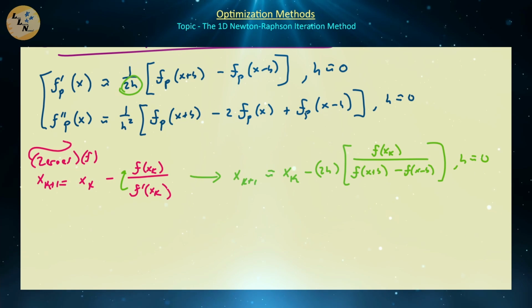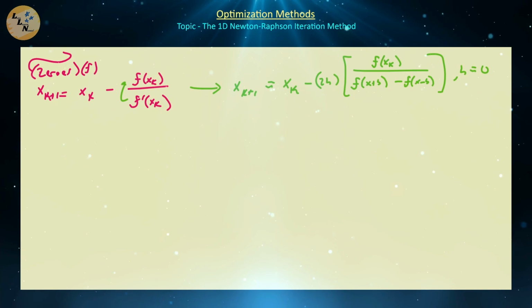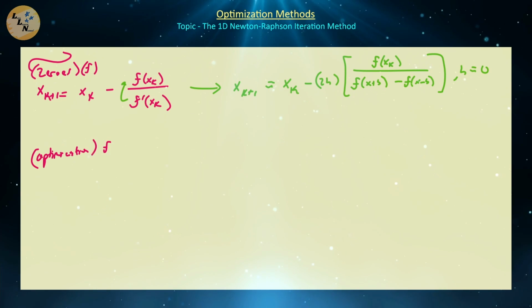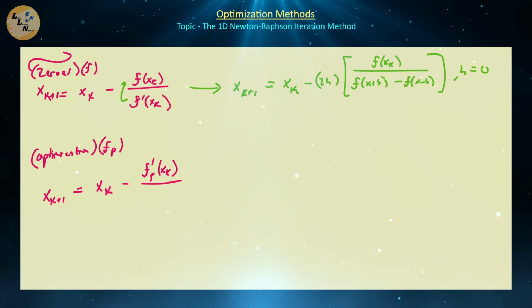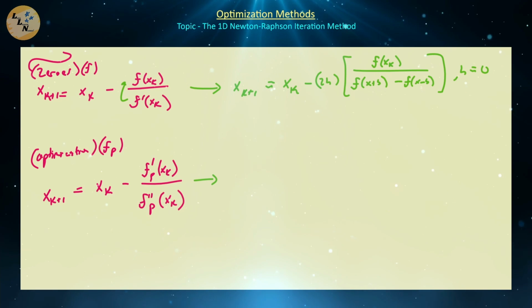And more importantly, what about the optimization perspective? Let's go ahead and derive that. The optimization of, for example, fp: xk plus 1 is equal to xk minus fp prime of xk divided by f double prime p of xk. If we approximate the first and second derivative with a central difference approximation, some h's cancel out, and you should be able to show that this turns into